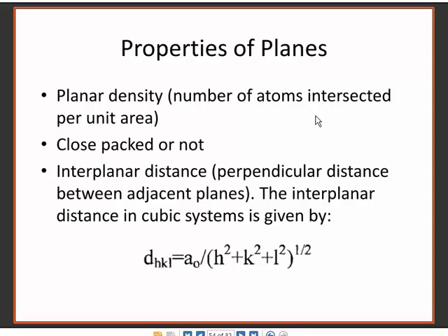The general properties of planes that we might be interested in are planar density, the number of atoms intersected per unit area, whether they are close packed or not, and something of interest for identifying crystals is to know the interplanar distance. This is the perpendicular distance between adjacent planes. And in a cubic system, the interplanar distance is given by this formula, which is equal to